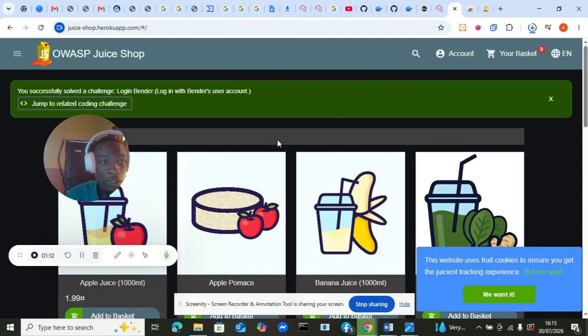As a matter of fact, OWASP Juice Shop is a website that is acknowledged all over the world for cybersecurity. Those who are going into cybersecurity, it is a safe website for practicing website vulnerability. This website has a lot of vulnerabilities in it. One of the roles of cybersecurity guys is to be able to fish out problems in our servers, problems in different places, before threat actors have access to it.